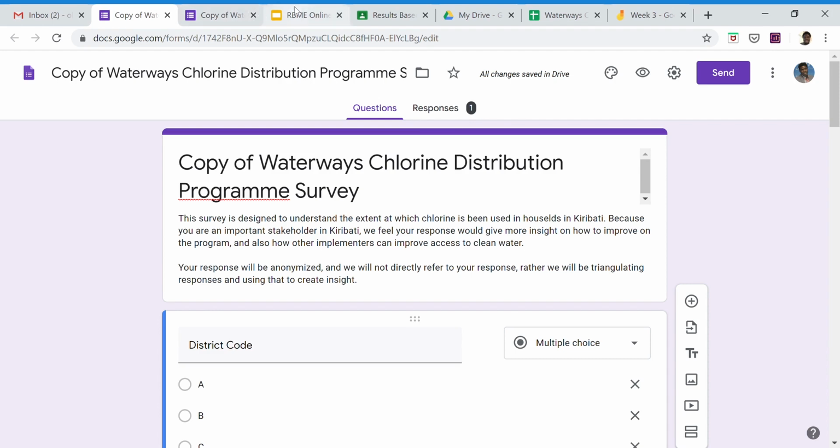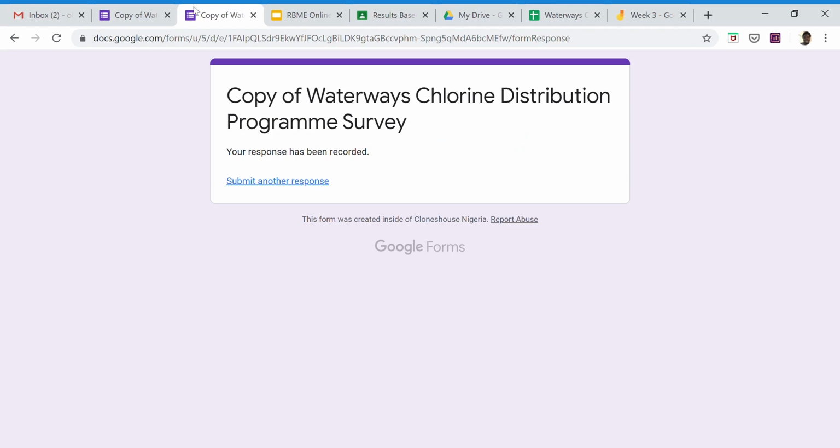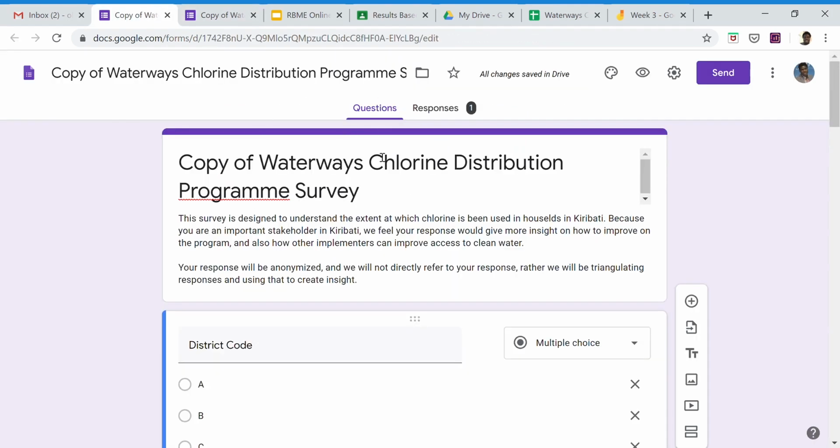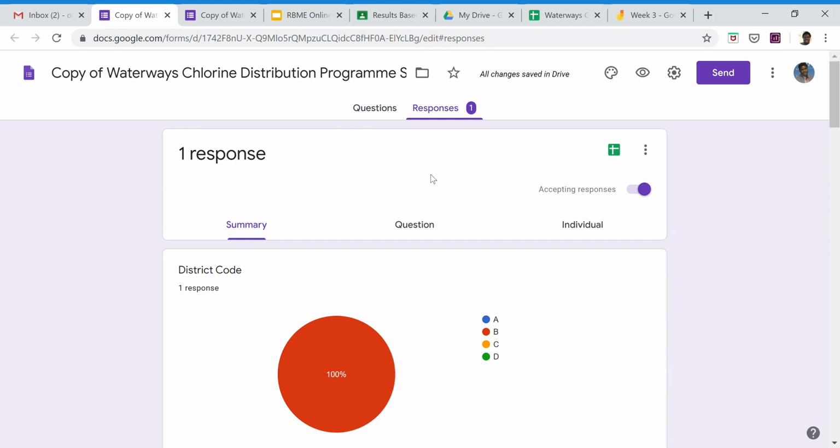Back to our slide. You're supposed to clean what you get, so I will show us what you're supposed to do. Let's continue with this. This is what you have as the person that created this. You go to responses. If you had 100 responses or 1,000, let's ignore that. This is how you see what people are submitting, right? You just click here